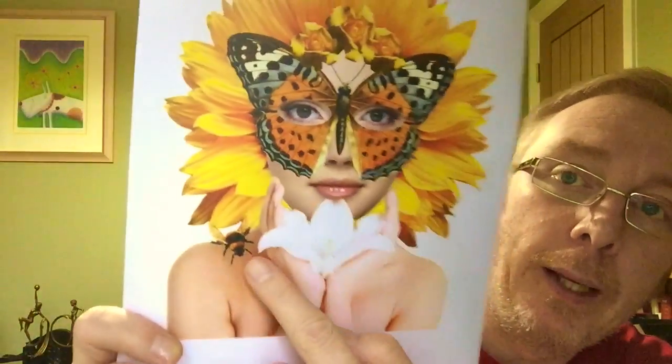Now, the main image, some may say I've cheated. It's a composite. It's a digital composite, so it's one that I've created, pulled all the pieces together, done all the necessary collage bits to it, and then saved it, including the little bumblebee, if you can see just there, look, sitting on a shoulder. Now, I've done this for two reasons. One, because I can, okay. I have the capability of the technology, and also I know what I'm doing with Photoshop and that kind of stuff. So I have created the composite, which makes it easier for some people who have dexterity problems or haven't